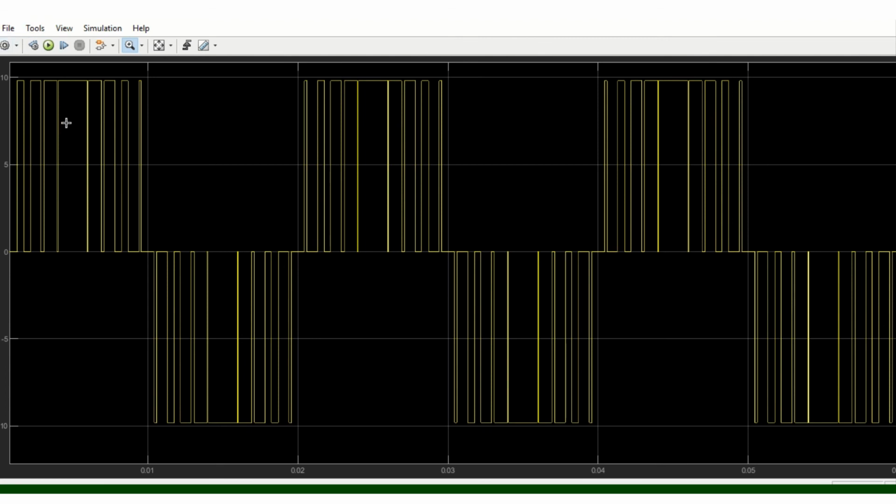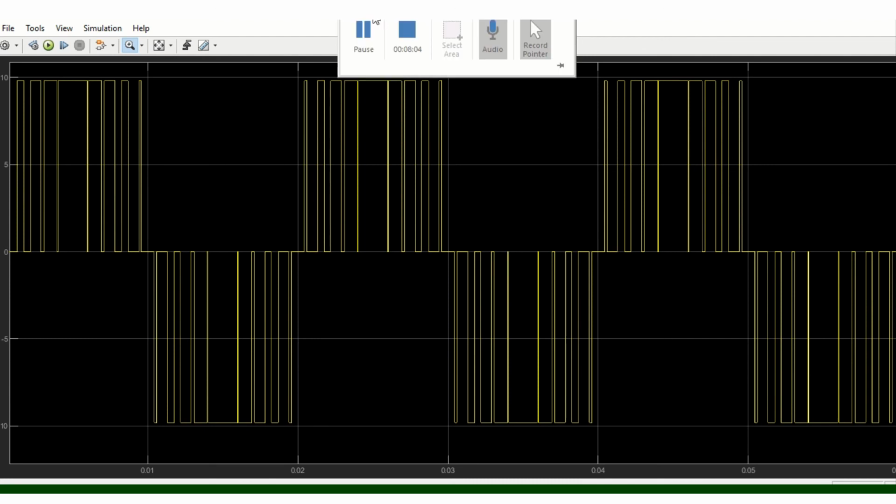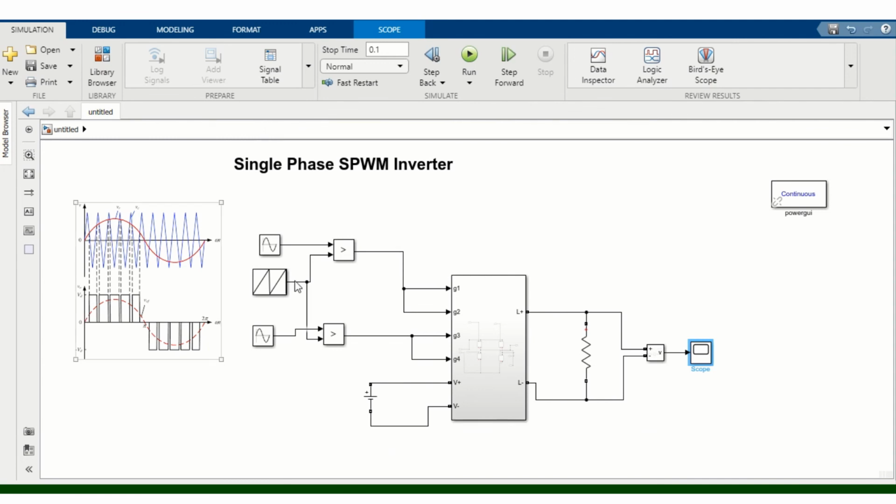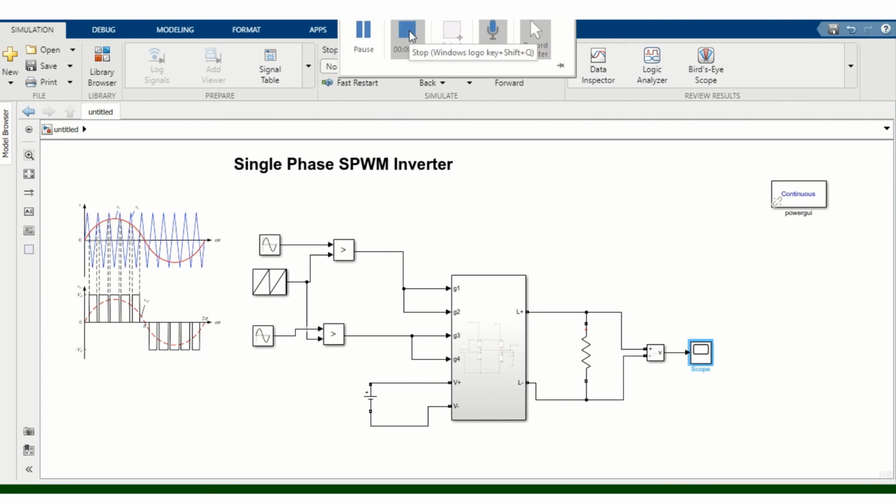And here we get a sinusoidal PWM based inverter. This is what a PWM based inverter is. Sinusoidally varying PWM pulses we have generated, and accordingly we have applied it to the inverter, and we get the pulses like this. So this is how sinusoidal PWM works. There are n number of methods for that, but this will just give you an idea how to start with that, and then you can explore it on your own also, depending on the requirement. Thank you very much.